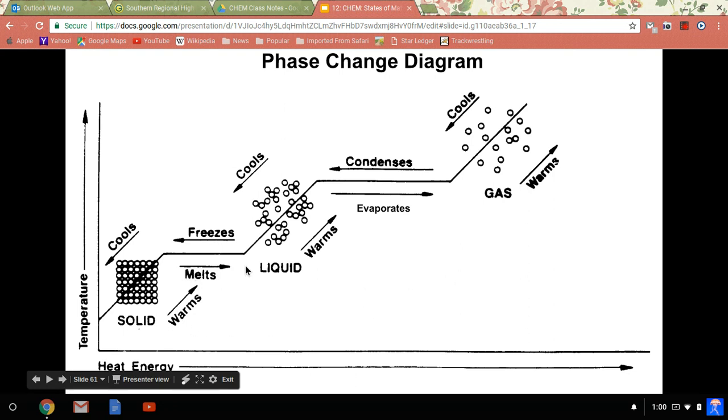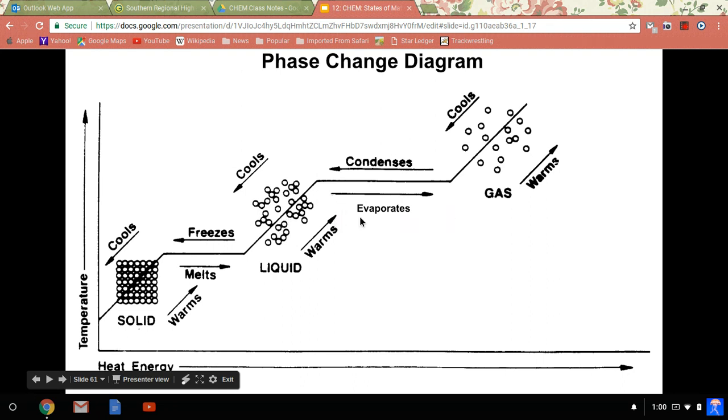So once all of it is melted, then the temperature starts to rise because we're now all in the liquid phase and those particles can continue to be heated up. So all of the energy that was being put in, because heat energy continued to be put in at this point, was being used to break apart the particle attraction. And we know there's a lot in solids. So it took all that energy to break apart those particles. Then the liquid can be heated and heated until it gets to